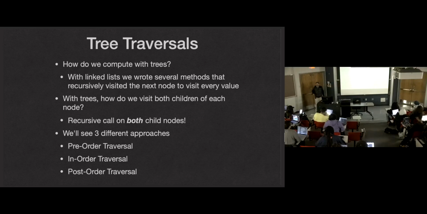And we're going to explore why and how that works. We're going to see 3 different approaches, 3 different tree traversals: pre-order, in-order, and post-order. These are all going to visit every single node exactly once, but they'll visit the nodes in slightly different order. So when you're working with trees, depending on what specific application you have, why you're working with a tree in the first place, you might choose a different one of these 3.